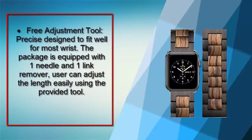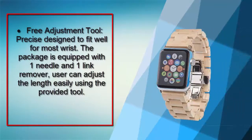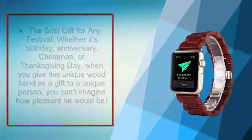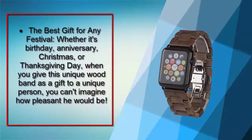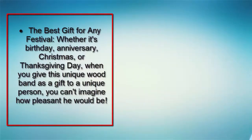Free adjustment tool, precise design to fit most wrists. The package is equipped with one needle and one link remover, so users can adjust the length easily using the provided tool. The best gift for any festival, whether it's birthday, anniversary, Christmas, or Thanksgiving Day. When you give this unique wood band as a gift to a unique person, you can't imagine how pleasant he